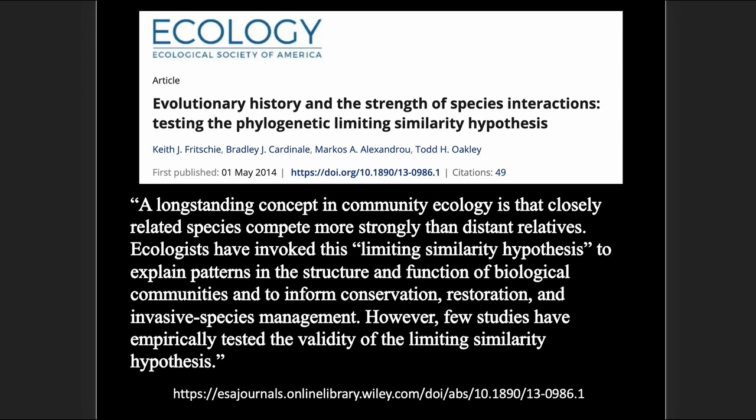So interjecting here, again, we're seeing that the theory had been driving the thinking and there had been little testing, even though you had problems dating back to Hutchinson and so forth. But the evolutionary ideas dating back to Darwin had been kind of taken for granted. Secondly, this is important. All of this is important. As you see here, this sort of thinking and these results are driving, or heavily informing, conservation, restoration, and invasive species management. So this is important.